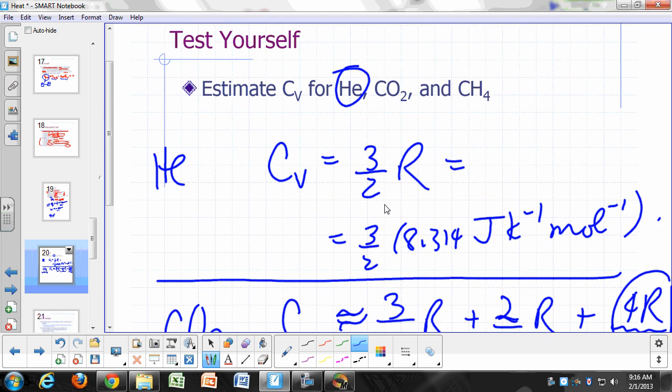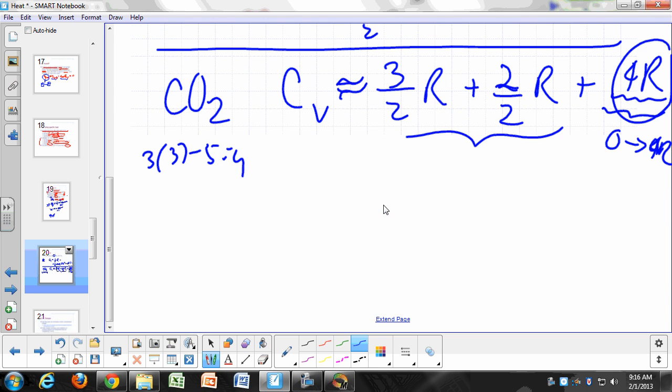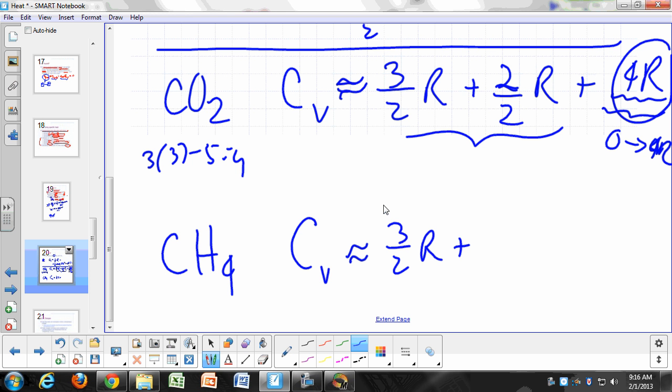What would it be for a methane molecule? CV is approximately equal to, the contribution from translation is how much? 3/2 R. The contribution from rotational motion is, this is not a linear molecule, also 3/2 R, plus the contribution from vibrational motion would be anywhere from 0 up to,